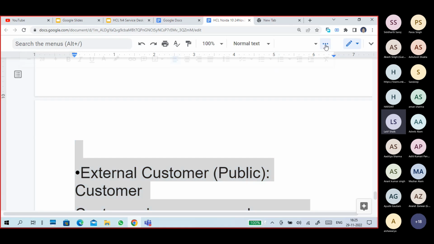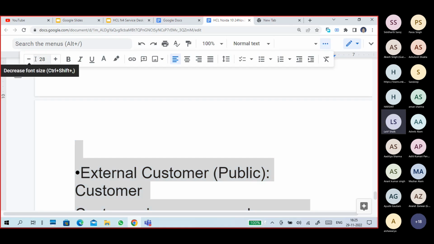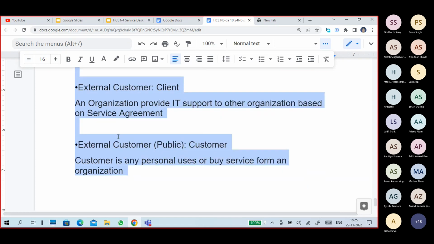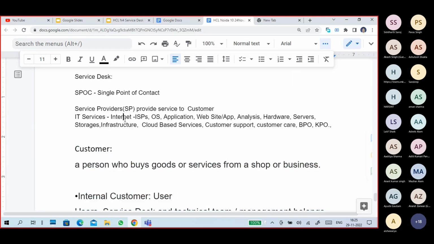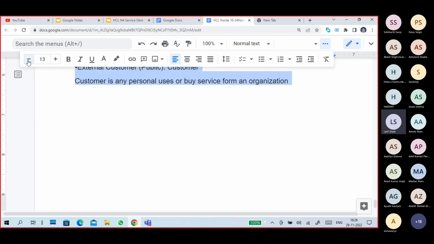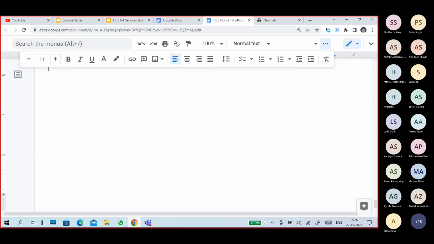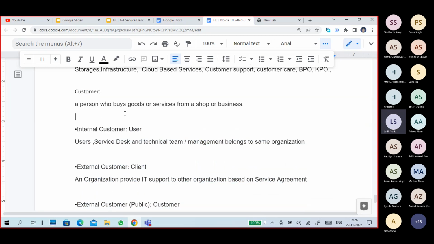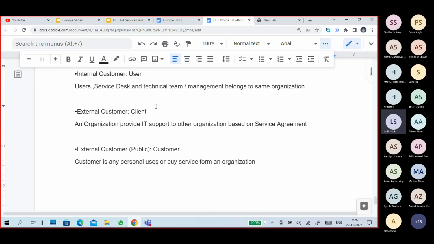Okay, so a customer is one who buys goods or a service from a shop or a business.